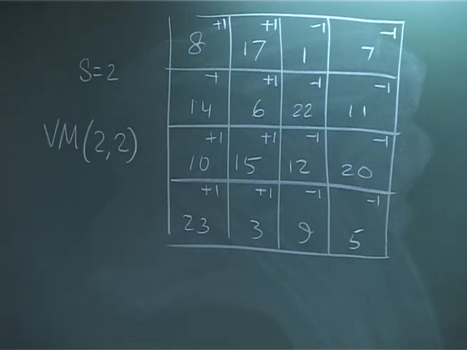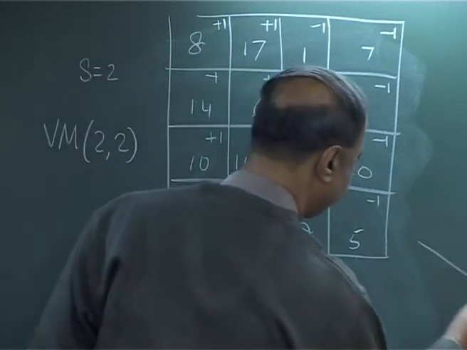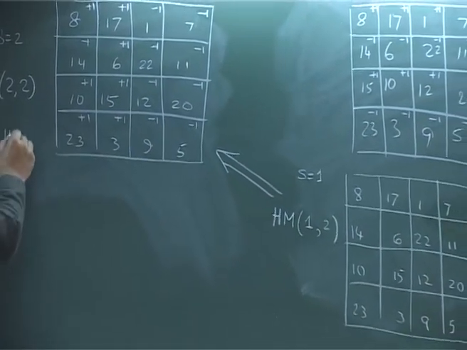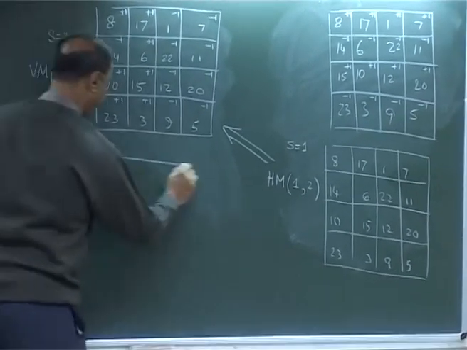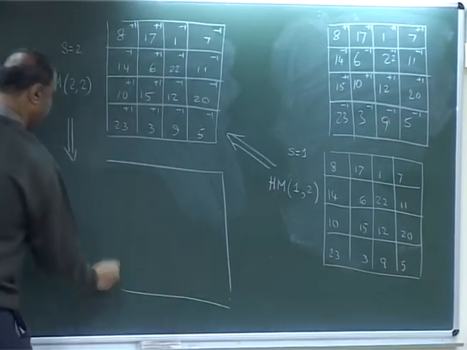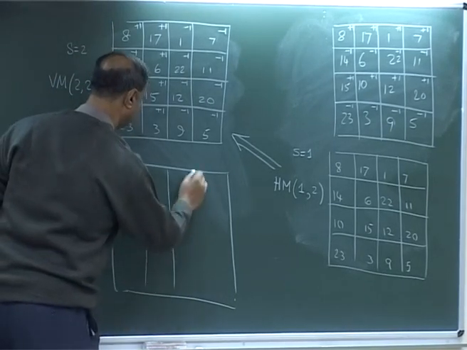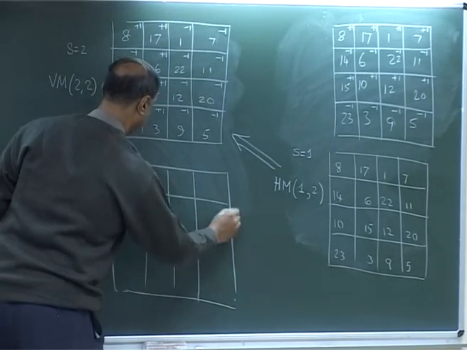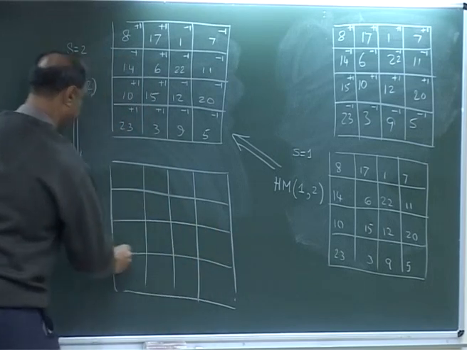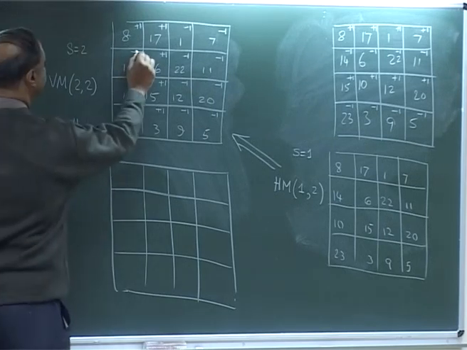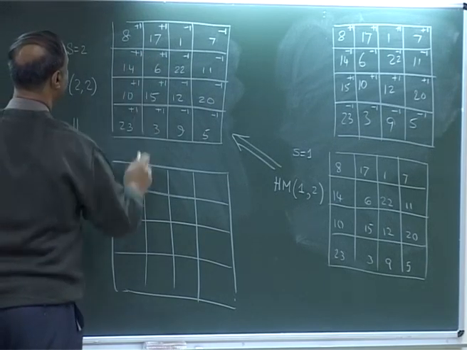So, if you do the vertical merge on this, you will be getting